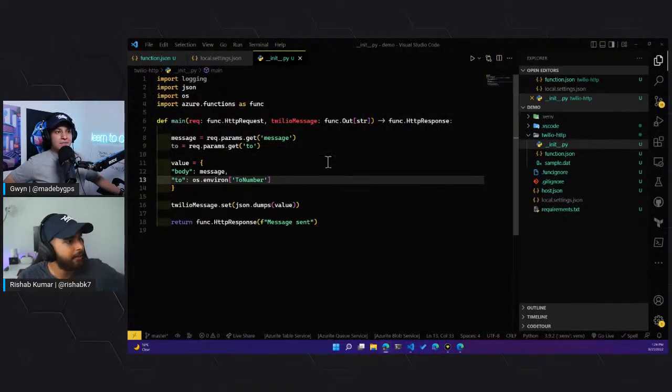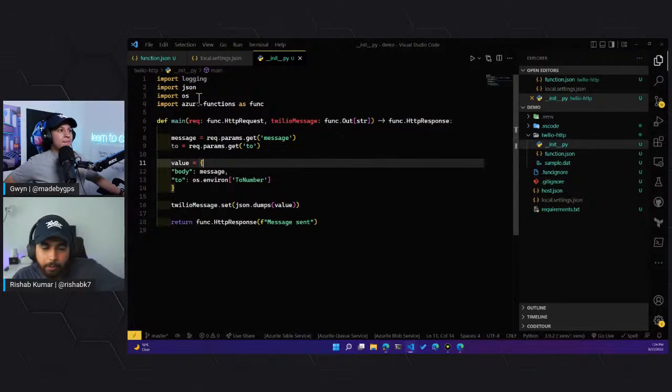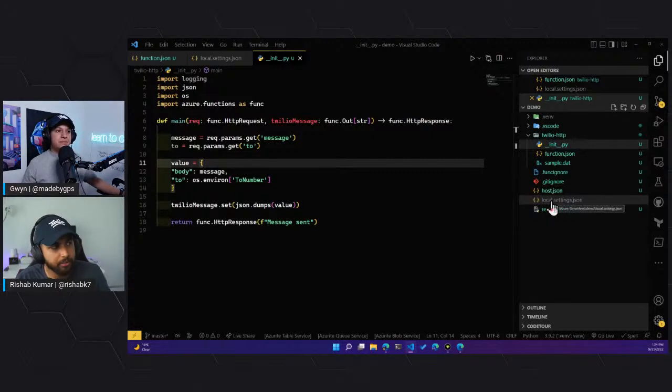Yep, VS Code. Yeah, so I did an import for OS because here it said to, and I mentioned the key factor. We were referring to this as from number, whereas this is to number. So this is where my number goes in. And again, as Gwen said, I don't want to get doxxed. So I'm using the OS environment variable, which you can store in local.settings.json.